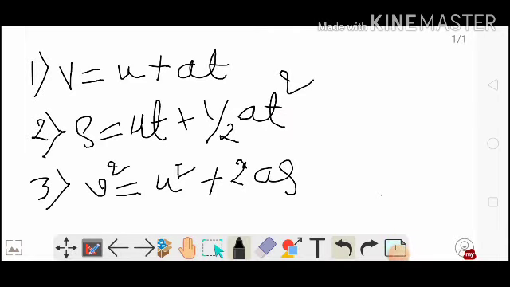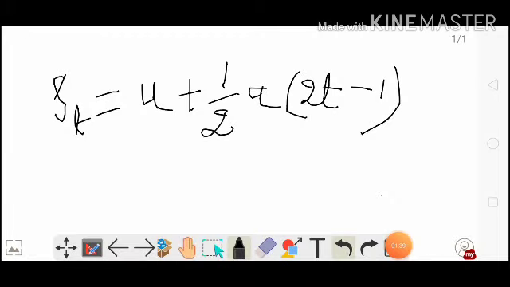here in the syllabus of your class 11 you have another new equation, so let me write it first. So this is the equation, St equal to u plus half a into 2t minus 1. First understand the equation carefully. What St is, the displacement of the particle or of the object at the tth second,